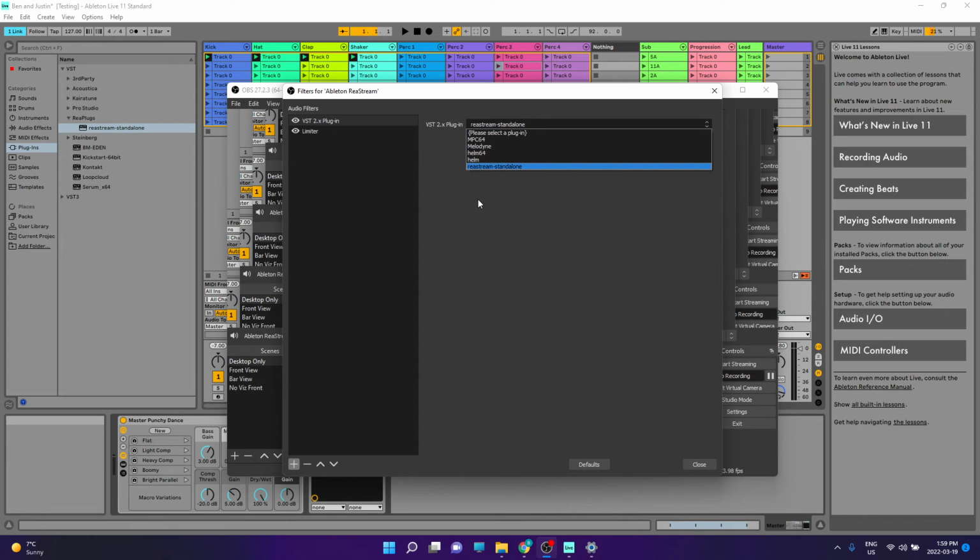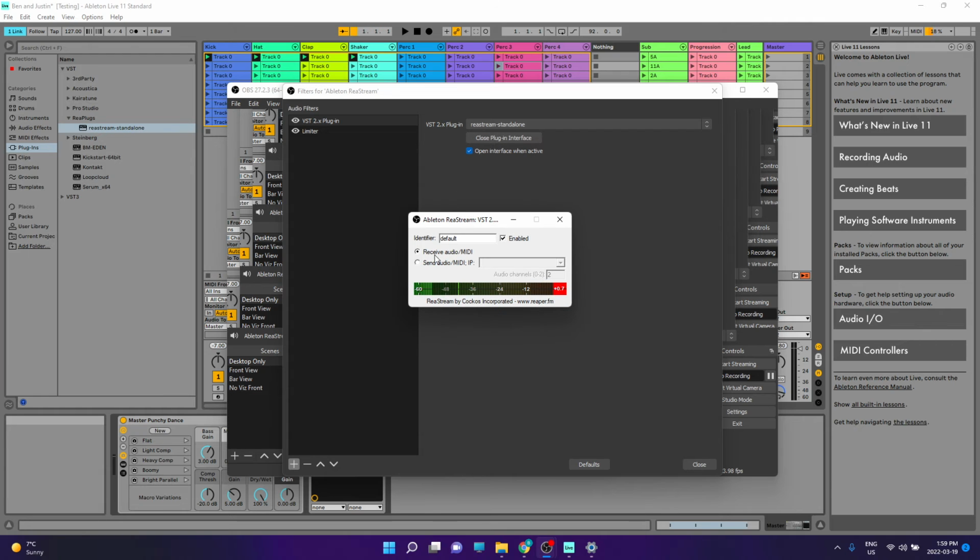If you don't see it on the list, then go back into the video where you saw the folder that you have to create, that VST plugins folder. All right, so then you select it, and you should be able to open it from here. Now, take a look at this. The identifier name is the same, and we've got receive audio selected. You want to make sure that is selected. Then you're good to go. It'll hear that